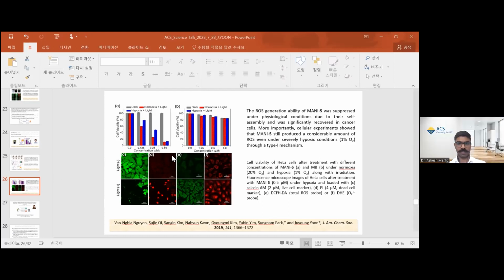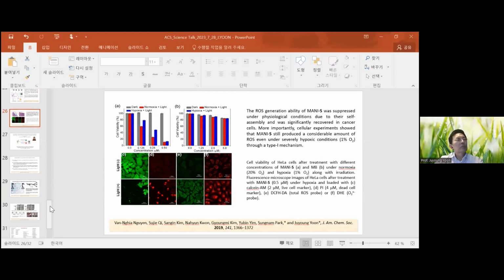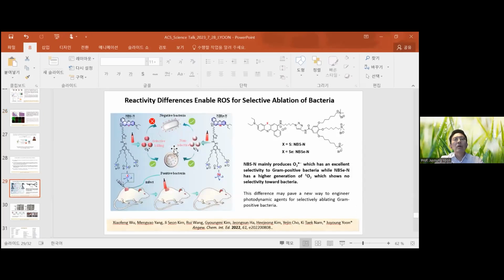All right, Professor Young. I'll move to the next question. So could you please elaborate on the reason for selectivity of NBSN towards gram-positive bacteria? Yeah, for this one, the core compound was published by the Xiaojun Pang's lab in Dalian in JAX. So